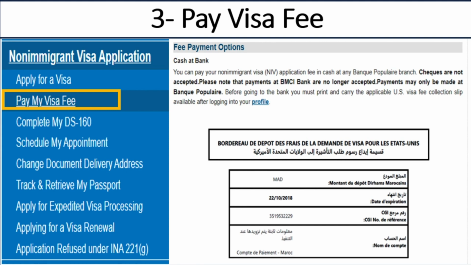They're gonna use the Popular Bank, because BMCI Bank no longer accepts the payment. So you will use Popular Bank. You will log into your profile, and then you're gonna print and carry the applicable US visa fees collection